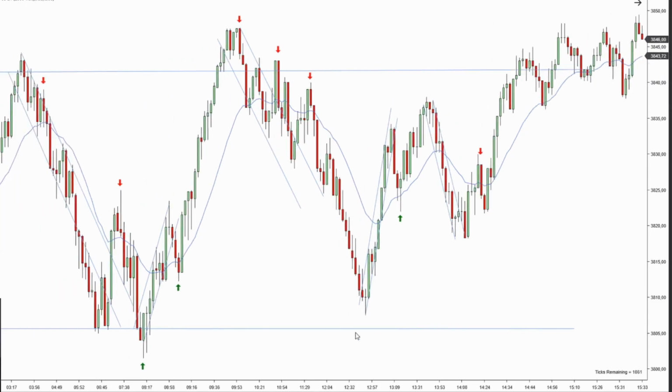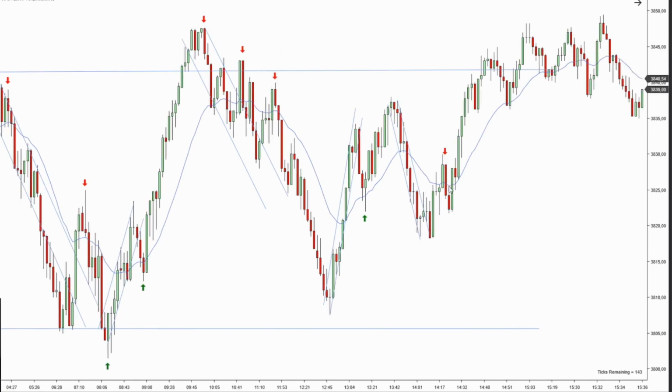But just like a few minutes ago, you notice right here that we didn't touch the support. So this is the way you could have avoided this. But nevertheless, this is a second entry short, and this downtrend is now working, and it is in play. So the second entry short is a potential setup. The only reason why it's not enterable is because, once again,